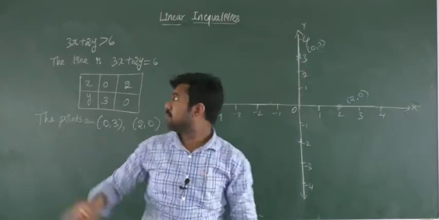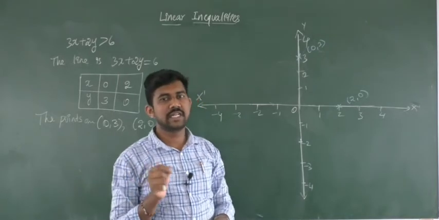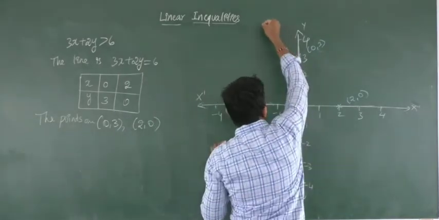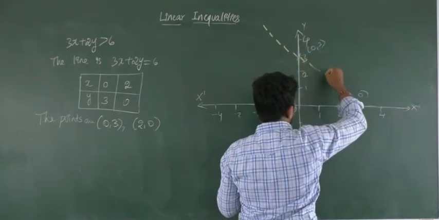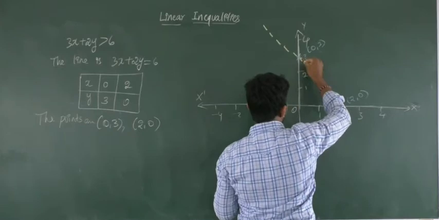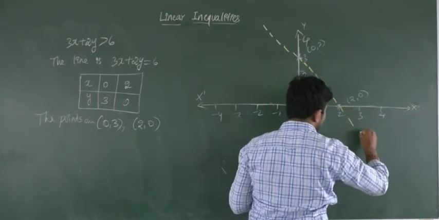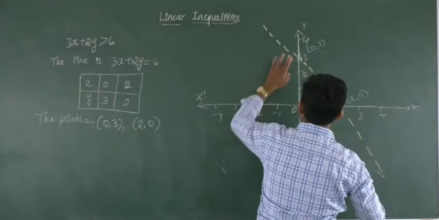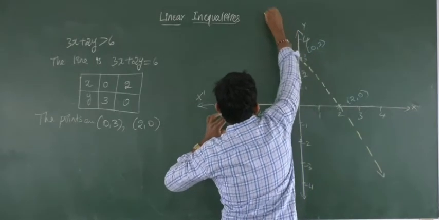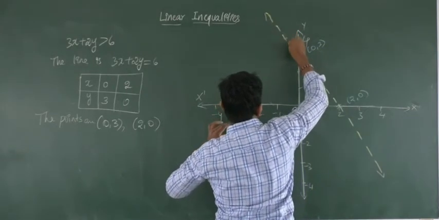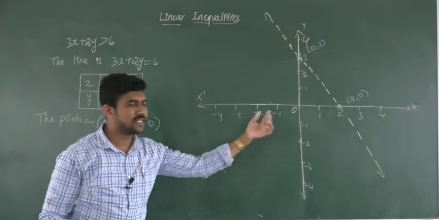Now join the points by using a dotted line, because the given inequation is what? A strict inequation. So join by using a dotted line. It means the points on this line are not included in the solution region. Straight line you have to draw. To draw the straight line. Now again we can observe, does the origin lie in the solution region?